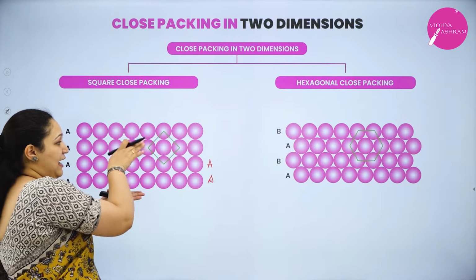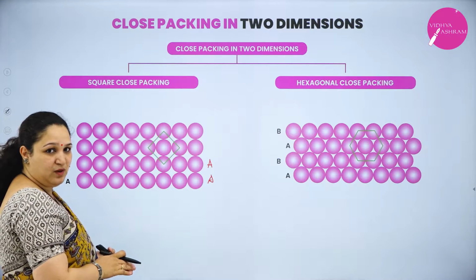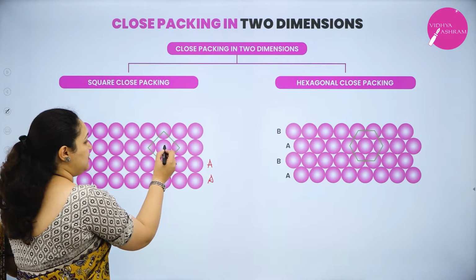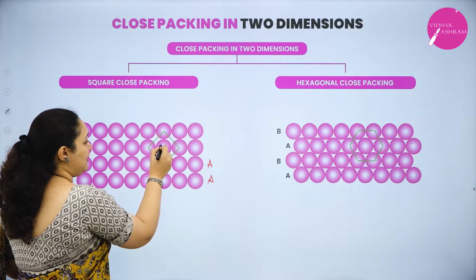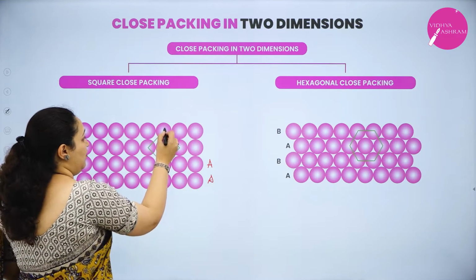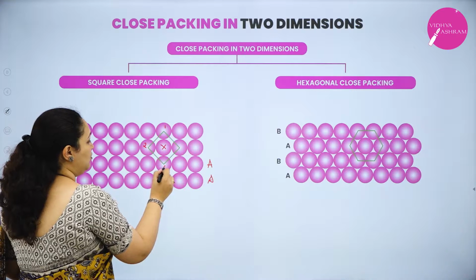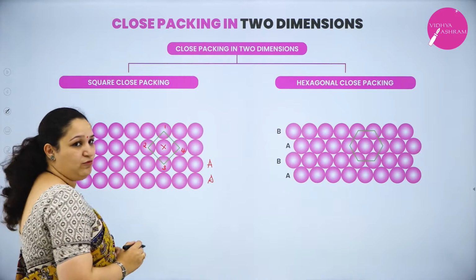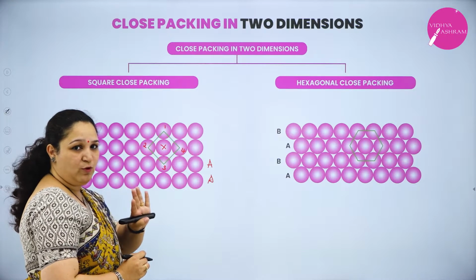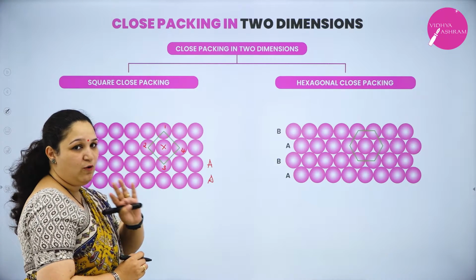So, when they are stacked one over the other, now, if you see this particular particle I will consider, how many neighbors it has got? 1, 2, 3 and 4. Now, so the coordination number is 4, because 4 neighbors it has got.